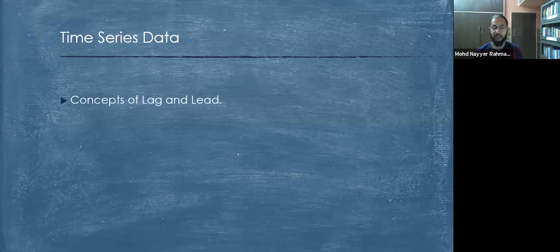So time series data is one of the most powerful data, and that's why you will see most of the economic data is time series data. In time series data, we have two philosophical concepts of lag and lead. Sometimes you will be surprised to hear one of the assumptions of this time series data, which after hearing you will see is very simple, but we have never thought about it. And that is the whole concept of time series analysis. So these are two concepts, that is lag and lead.